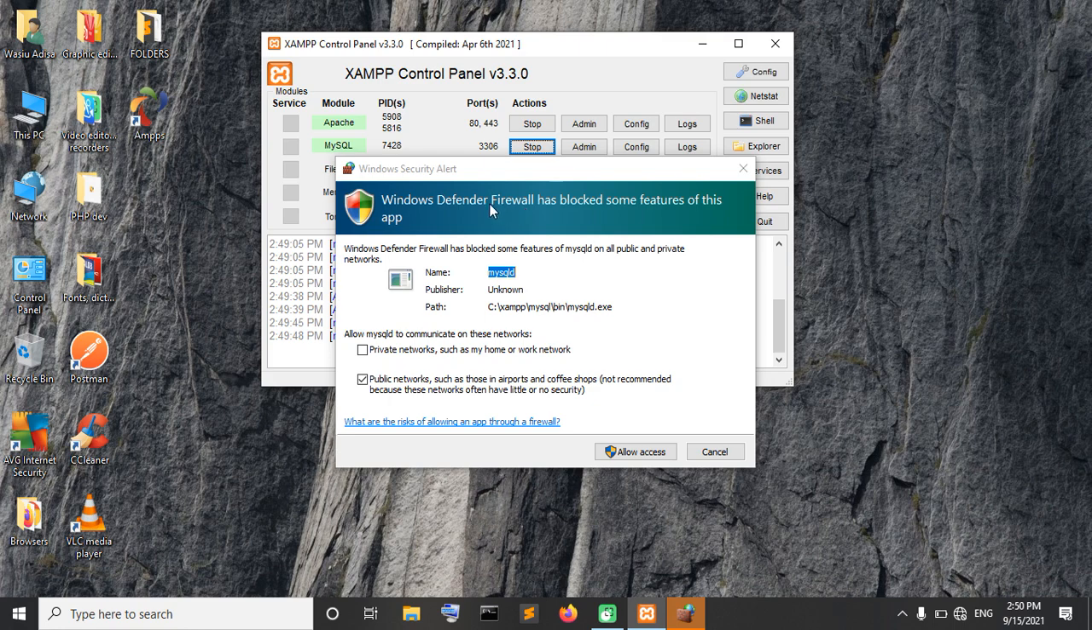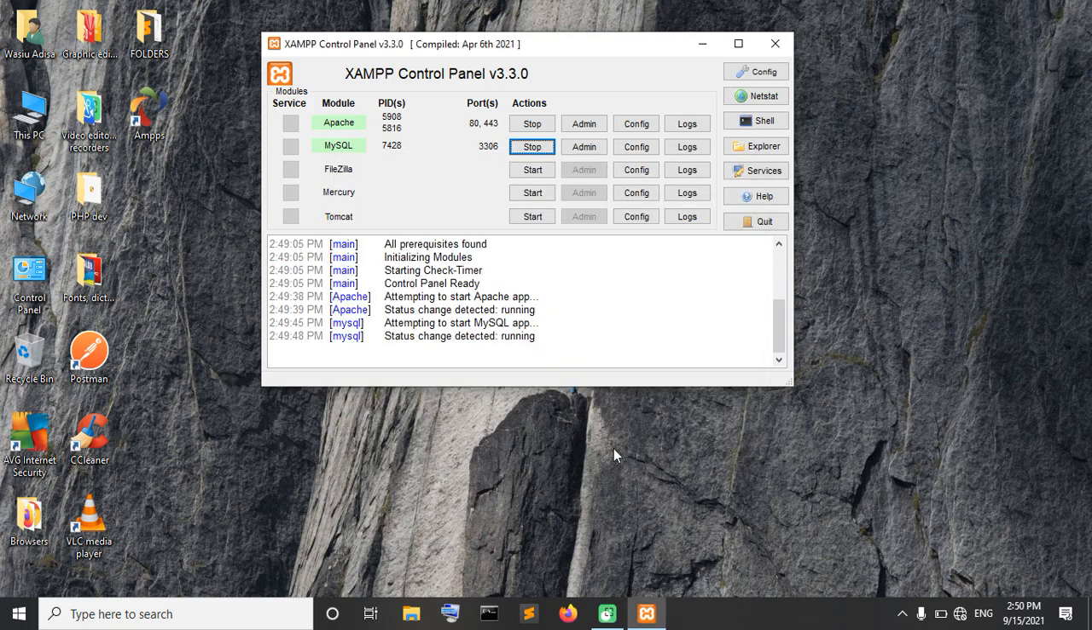Windows Defender Firewall has blocked some features of this app. Allow it, yeah, allow access. That's the second Windows security alert notification I was looking out for. I shouldn't be getting that notification again, so you won't be getting the security alert again if you just click allow access. But if you don't click allow access, there's a high chance you won't be able to